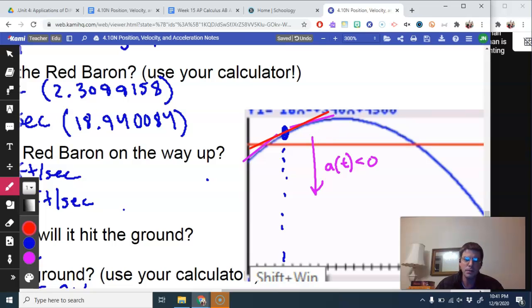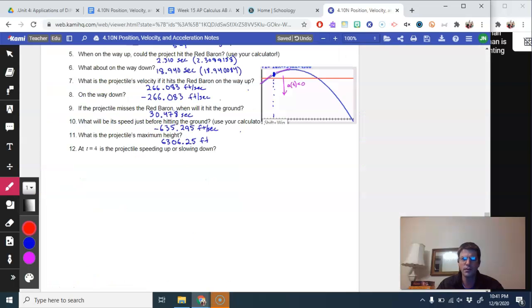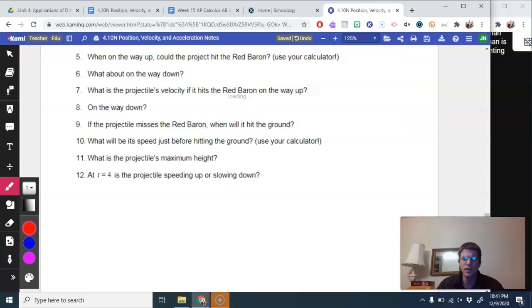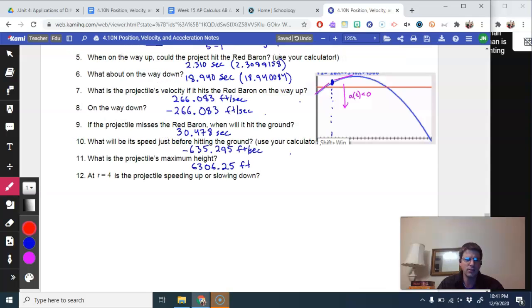So here it's going to be speeding up as long as it's on the left side of this curve, and then on the right side, as it's concave down, it's going to be, sorry, did I say speeding up? I meant to say it's going to be slowing down on the left side, and on the right side, it's going to be speeding up in the negative direction. Okay, so you can see these tangent lines are getting steeper and steeper as you get towards the end, okay? All right, so let's write that down. We'll pick one of those to say. Let's say it is speeding up,